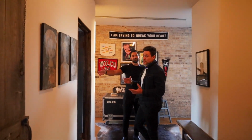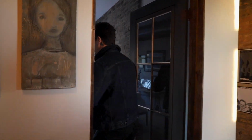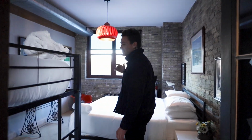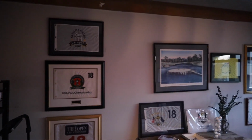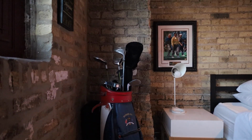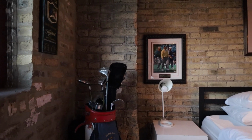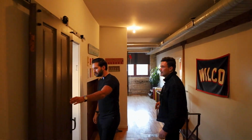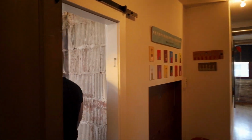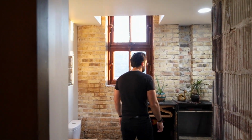This is a little bit of a smaller bedroom. Thank you, Tony. Welcome to the golf room, as I like to call it. So this is more of a golf PGA vibe going on here. You can sleep 4 people in here. And you've got some really cool old pictures of Jack Nicklaus, Arnold Palmer. For all you golf lovers out there, this is the room for you. This is honestly one of the coolest bathrooms I think I've seen in an apartment. Well designed, a lot of great light,